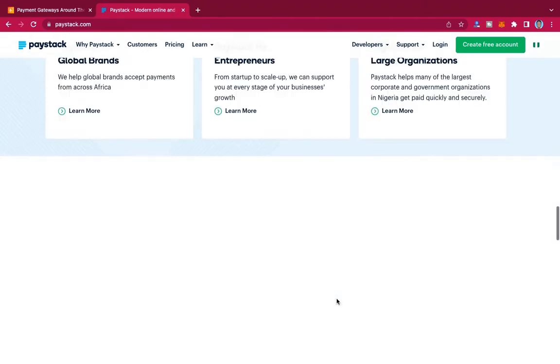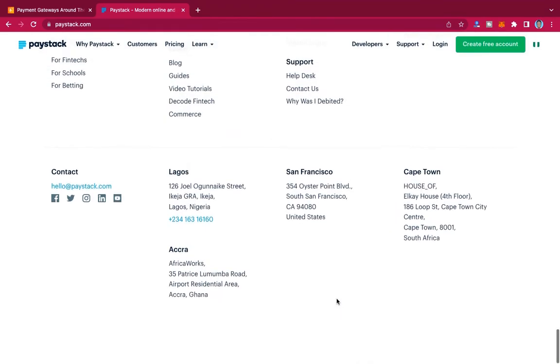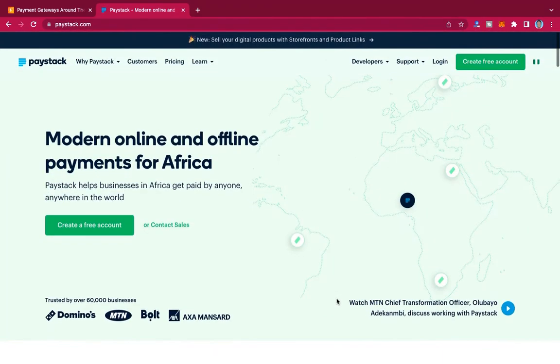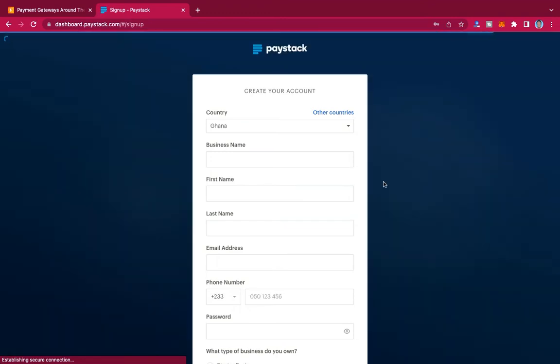This is their landing page, or their home page. Very nice design. Now, if you already have login details, or you're already registered, you just need to log in. But if you haven't, which I know most of you don't have, you need to click on create free account to sign up on Paystack, and then you have an account to be able to